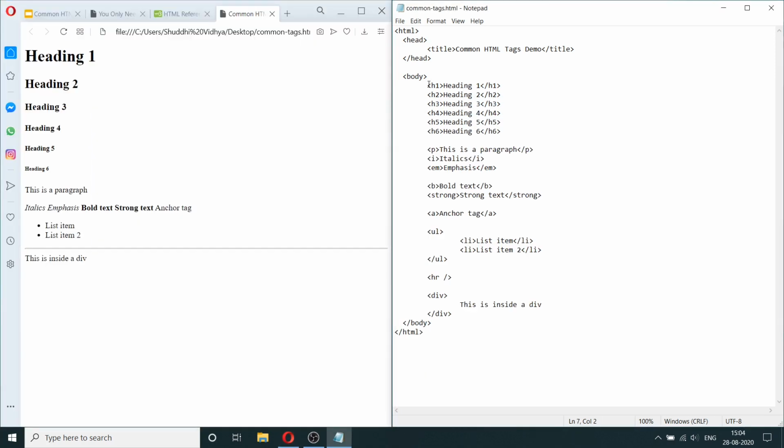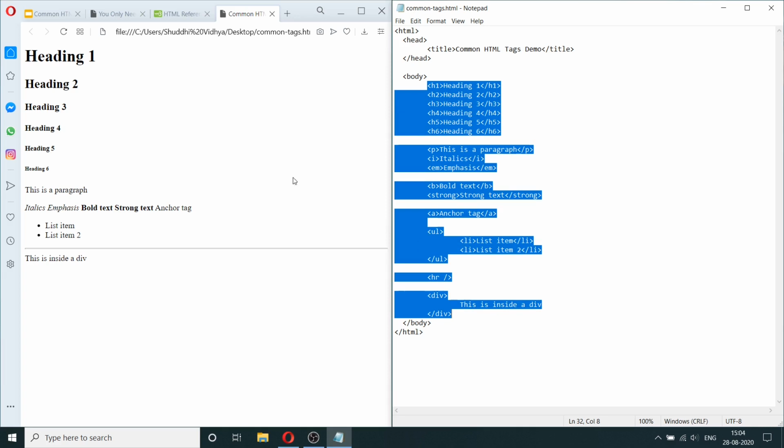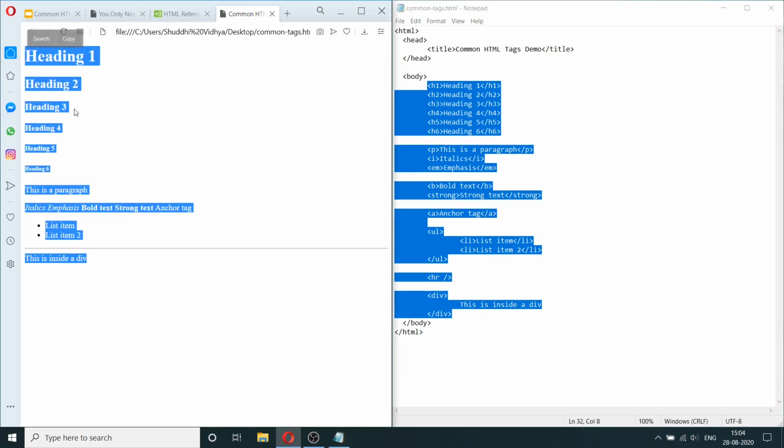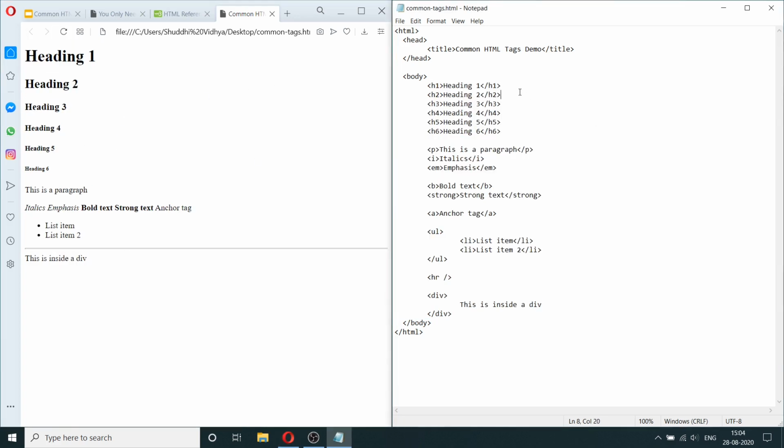So you can see here that whatever we've written here is what ends up showing here as the output. So we'll go through it one by one. So you can see here the h1 tag leads to this kind of a heading where it's the largest. So h1 through h6 are basically heading tags, and the only difference between each of those tags being that h1 is the largest of headings and then h6 is the smallest of them. You can see that h6 is actually smaller than the paragraph tag text.